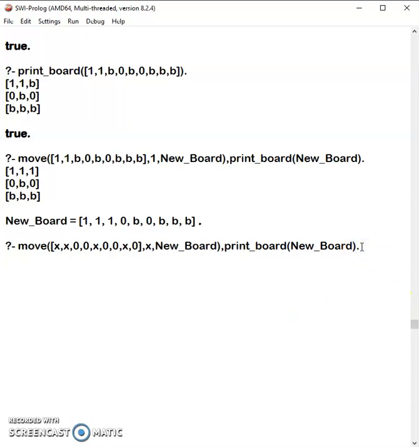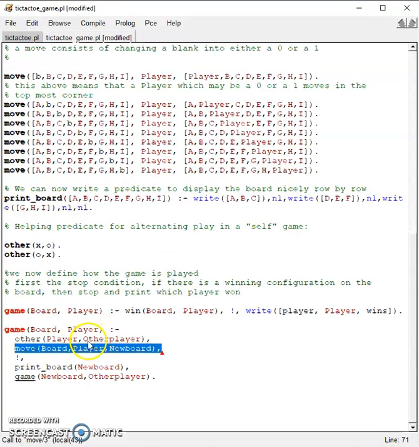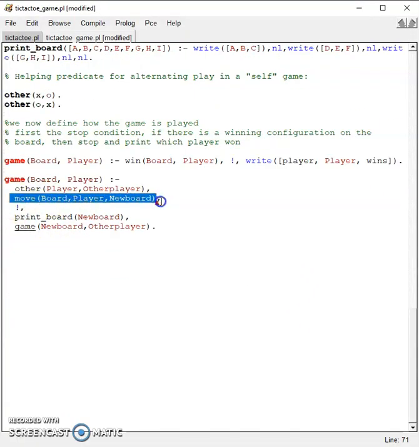I'm going to remove the print at the end there because we don't want to print. So really, we should return a false because there's no way in which we can move. The board is full. So this is what we are accounting for in this code. If we can't move, so this returns false, then you stop. This is what this cut tells us. Now I'm going to talk to you about the cut later on, but simply what you should be imagining is that Prolog generates a tree, and the tree is a search tree, and is done by simple